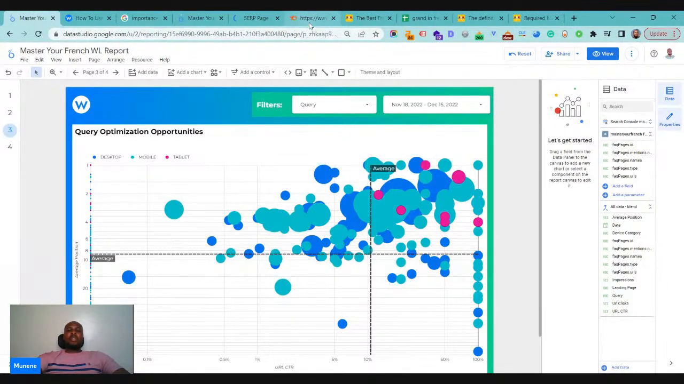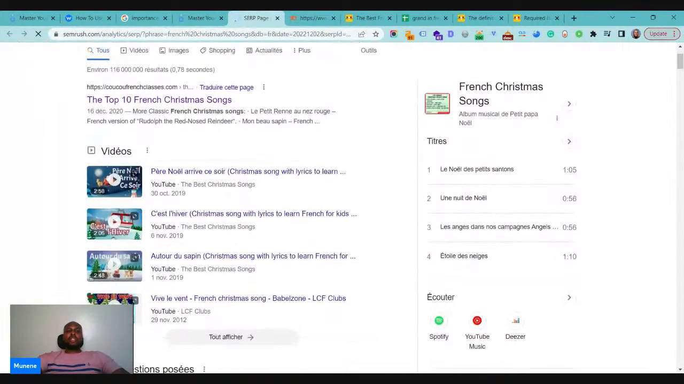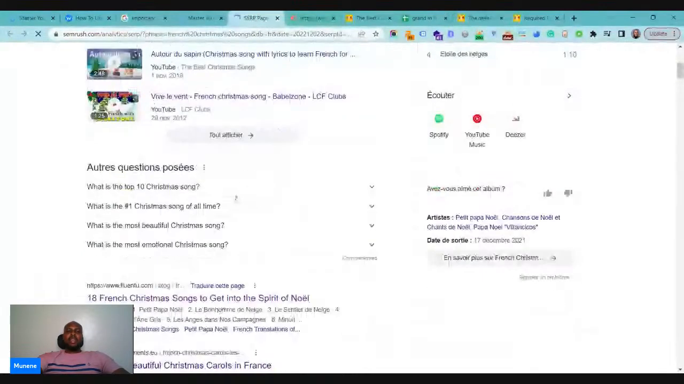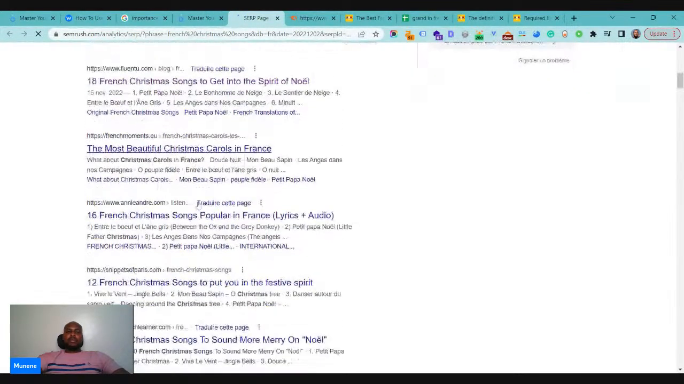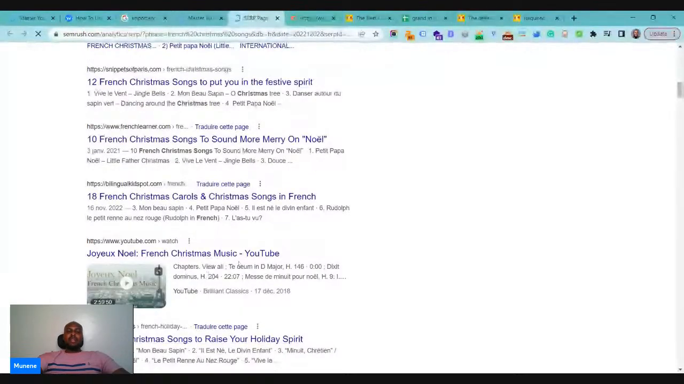Yeah. So what can we do to improve its performance? Of course, we want to first of all look at what Google is actually providing, and just a quick look shows us that we have a listicle at the top position, a bunch of videos, some FAQ, and again a listicle, another listicle. So clearly, other than the videos of actual French Christmas songs, it makes better sense for us to